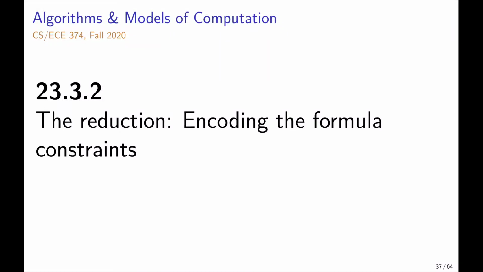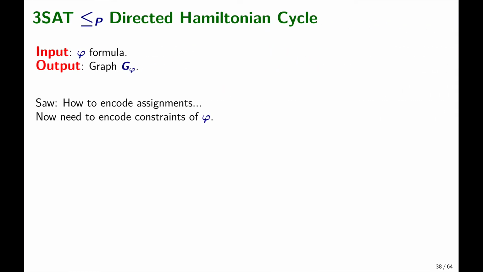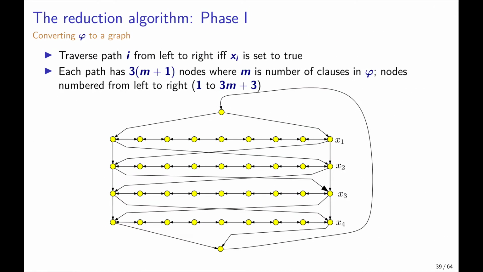Okay, so we already saw a framework for how to encode an assignment of a 3-SAT formula into a graph, such that we have 2 to the n different Hamiltonian cycles, where the Hamiltonian cycle encodes an assignment. But now we have to put in all the constraints of the formula, right? So the reduction we are trying to do: we're given a formula, and we have to generate a graph that has a Hamiltonian cycle if and only if the original formula